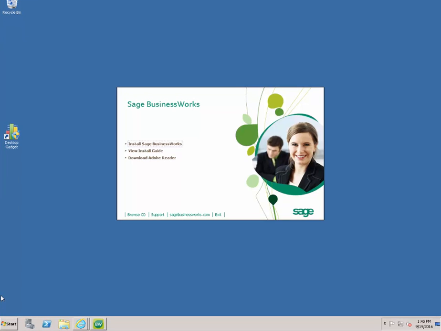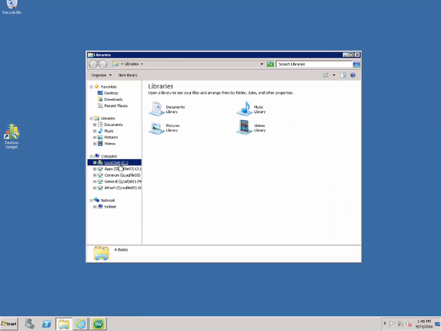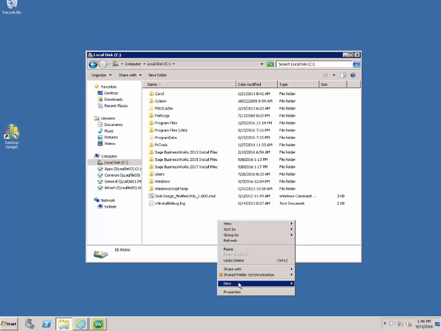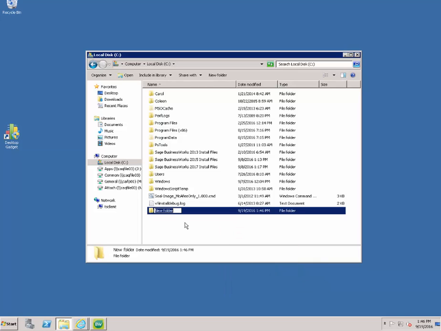Now that we have downloaded the install files, we are going to prep the terminal server, which also houses the application files, for the installation of Sage BusinessWorks. If this is a new installation, you will need to first create a Sage folder on the C drive of the server. To do this, you're going to right click on Start, go to Open Windows Explorer, choose the C drive, right click in any open area, choose the New option, select Folder, and you're going to name that folder